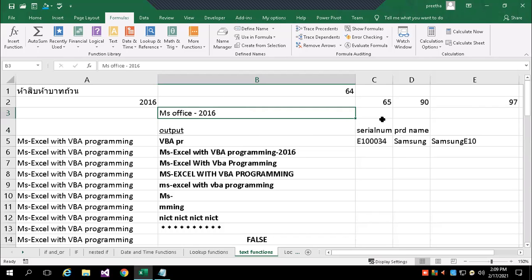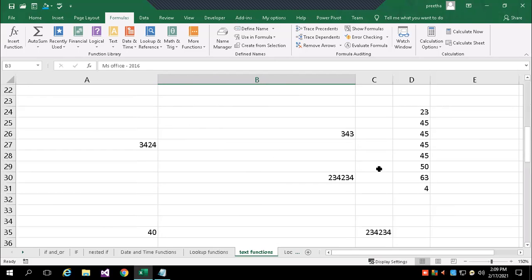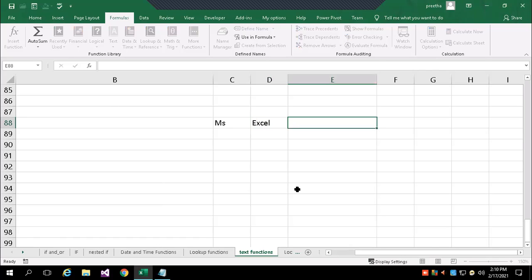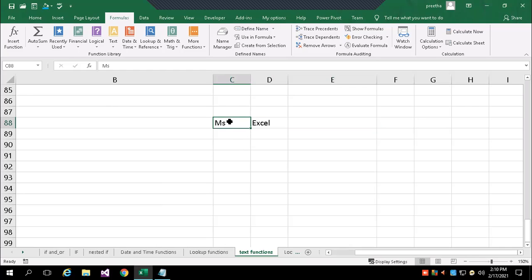Before starting with formulas or functions, let us start with a small thing. Suppose here I have MS, and in the next cell I have Excel. I want to combine them together into one cell. I want to join the data in C88 plus the data in D88, MS and Excel.